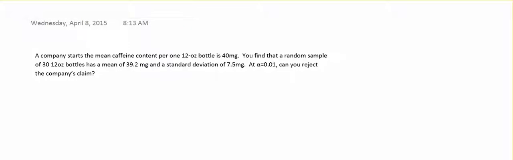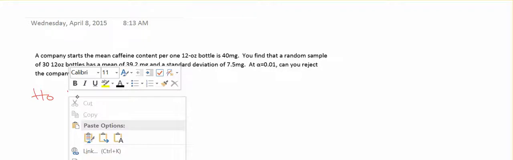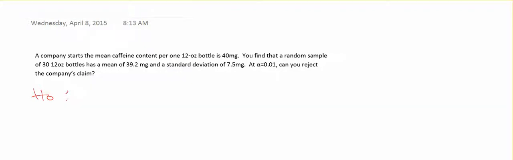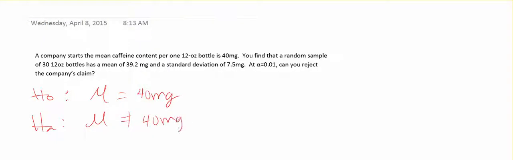Okay, here's an example of a two-tailed test. While I'm reading this problem, you'll notice that it uses the word "is," so I know that that's an equal to, and says that the mean is 40 milligrams. So there's no direction in that statement, meaning there's no greater than or less than, so then the Ha is not equal to. The Ho is your claim, so let's write that, and then let's write everything else that they